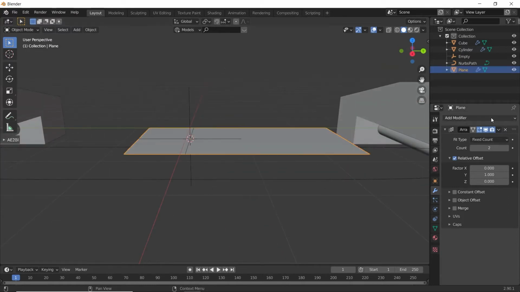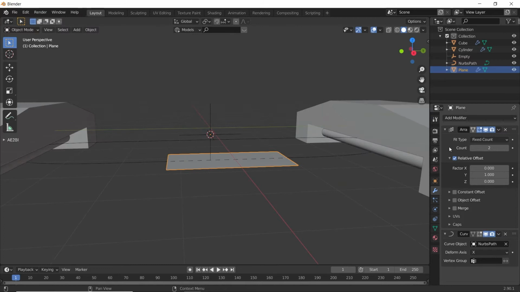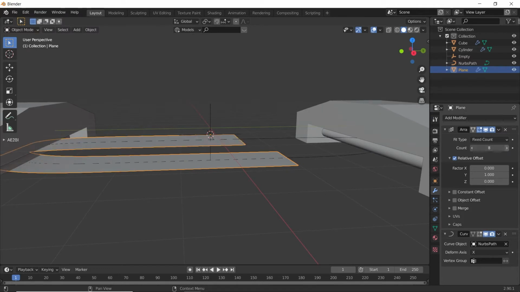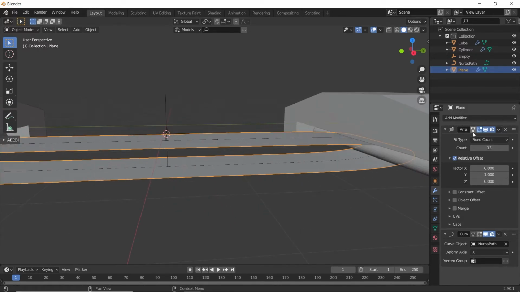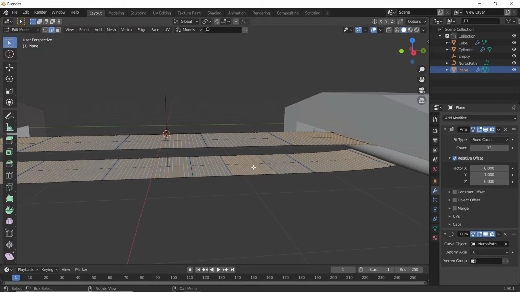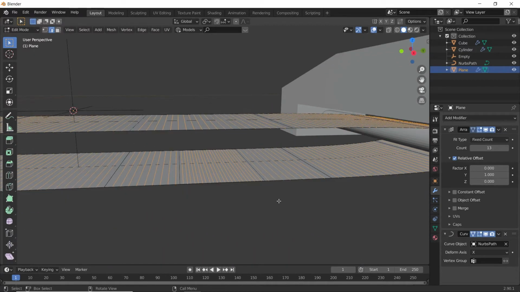So select this plane, add curve modifier. In the curve object, select this path, and then increase the count. If you turn on this one and this one as well, go to edit mode, see we can see some overlapping here, so we need to fix it.